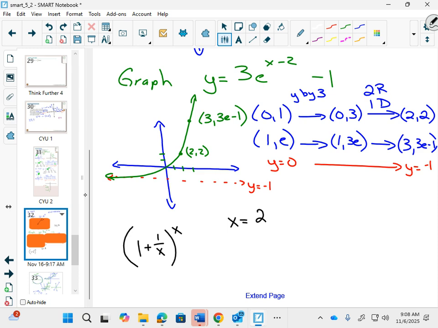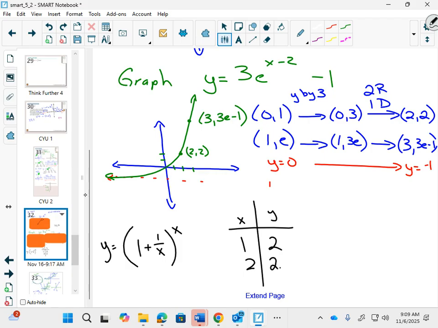So x is 1, my answer y is equal to 2. If I plug in 2, I get 1 plus 1/2, which is 3/2, and that would be squared. 3/2 squared is 2.25. And as x gets bigger and bigger,